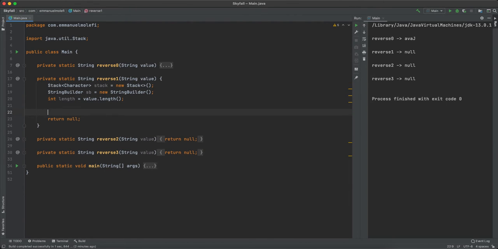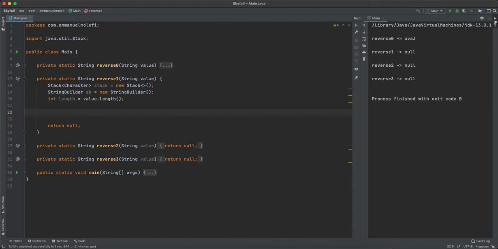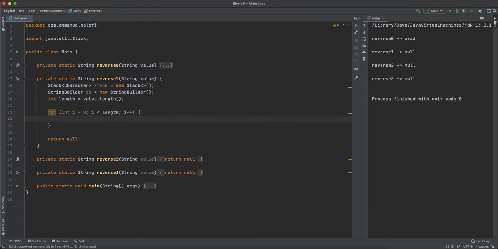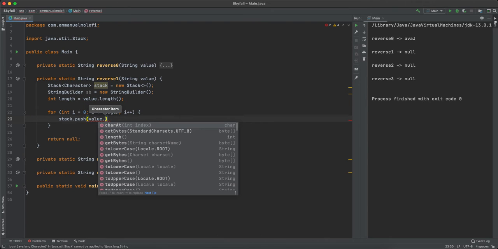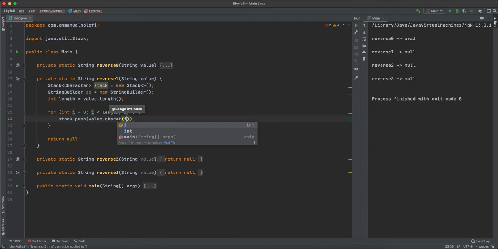And then in the for loop that we are going to create here, we are going to go through each and every character. We're going to say int i equal to 0 and i less than the length, and then we say i plus plus with every iteration. And then we're going to take our stack and push a single character. So from the value we take the character at the ith position, and then we push